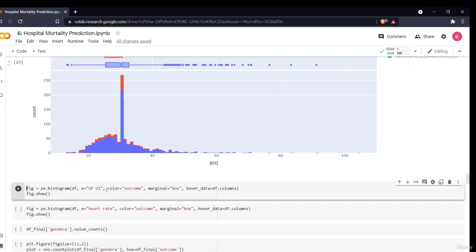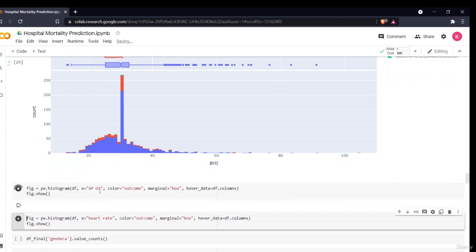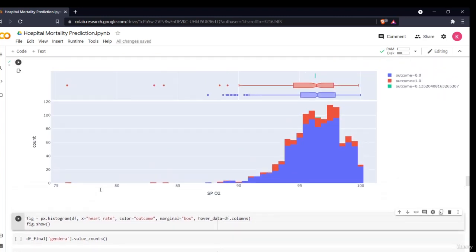Now the next one we'll be seeing is SpO2, that is the oxygen level percentage. As you already know, the normal oxygen level percentage is between 95 to 100. That is why most of our data is in here, and very little of the data is below this. Basically these are all our outliers, mostly of these are outliers only.